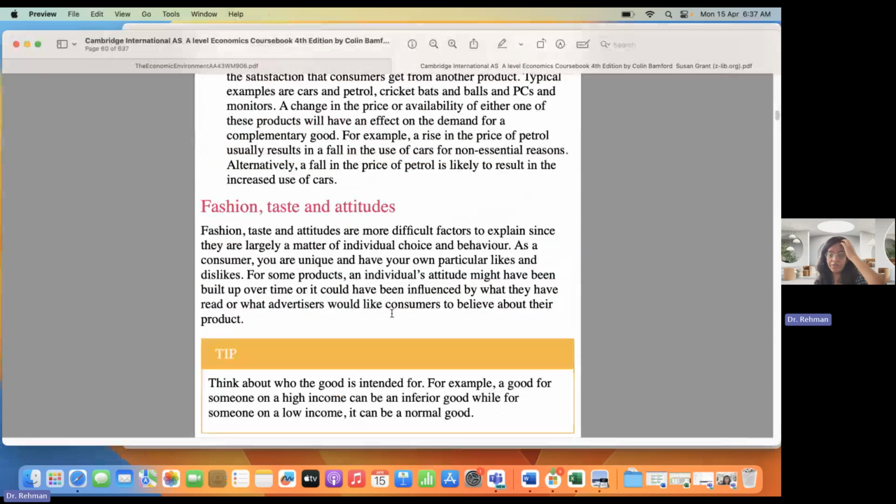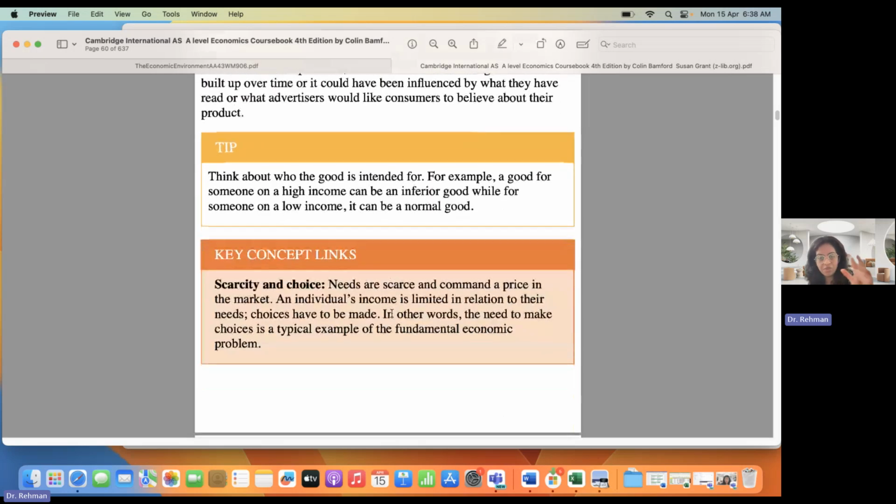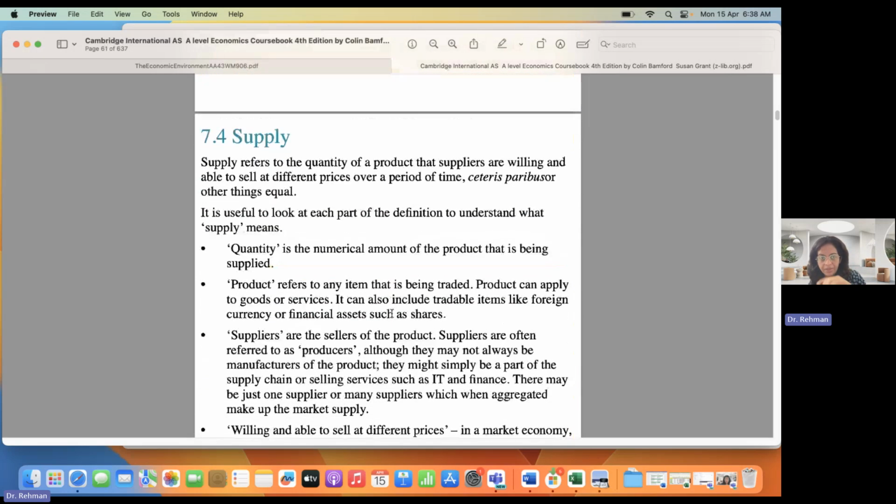Fashion, taste, and trends also affect demand. There was a point of time when there was a huge demand for, what's it called? Yes, the pocket watches that were used. Now they are not used anymore because everybody uses a wristwatch, or people rather use their mobile phones these days to watch time. Because fashion, taste, and trends are changing, people are demanding different kinds of goods. So this one is pretty simple, there's no complication here.